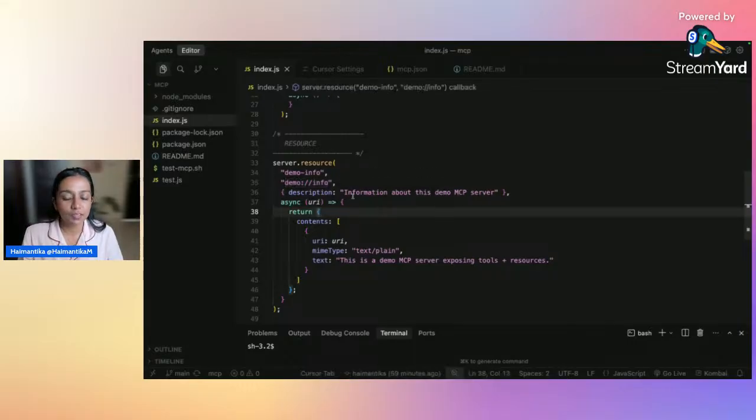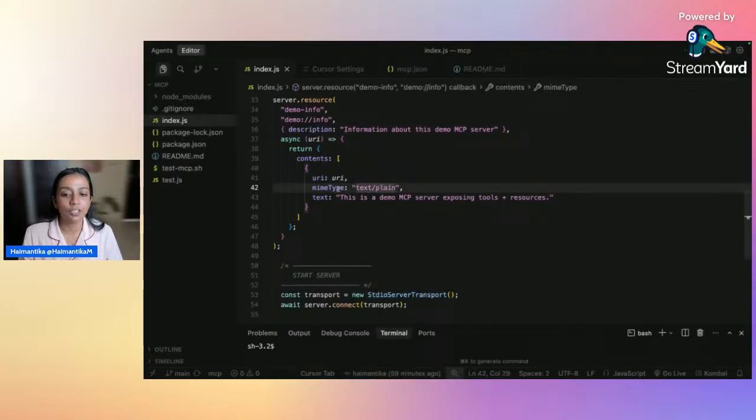And then we just give it a little bit of description of what this demo server does. And then in this function again, we are sending the same URI and then a MIME type, and then we tell, okay, this is a demo MCP server that is exposing the tools and resources, and then we are finally starting the server.